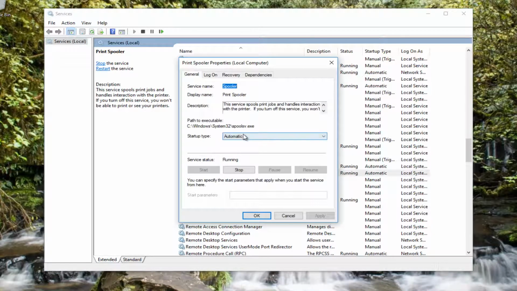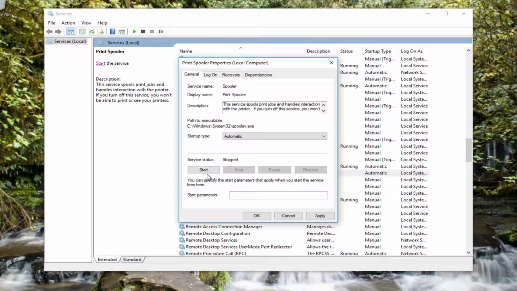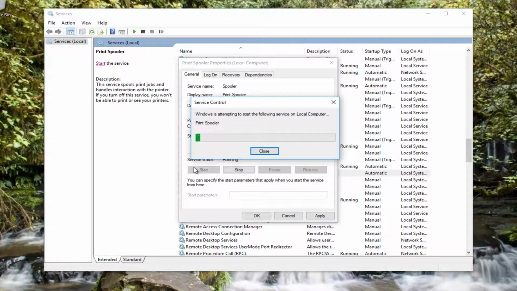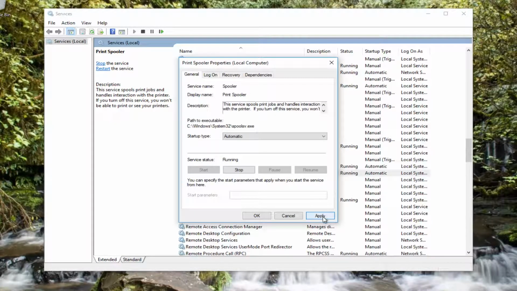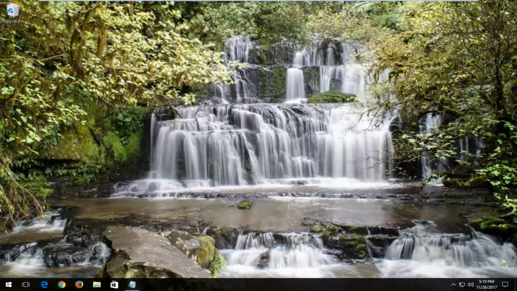Underneath startup type, you want to make sure you set it to automatic. And if service status says that it's stopped, like if it says stopped right here, you want to click on the start button. And then once you've done that, you want to click on apply and OK to save the change. Close out of this window. I'd recommend that you restart both your computer and your printer at this time, and hopefully your issue has been